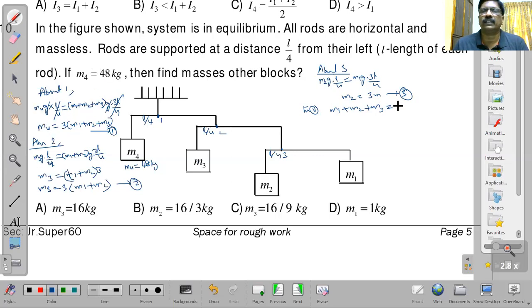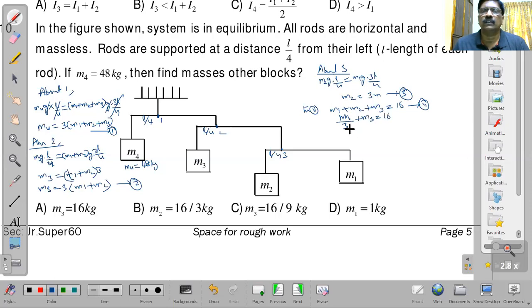M4 is 48. 48 by 3, so that means 16. This is 4. Okay, next, here we need the masses M3, M2, M1 also. Here you see, M1 plus M2 can be written as M3 by 3. M1 plus M2 here from 2 is equal to M3 by 3 plus M3